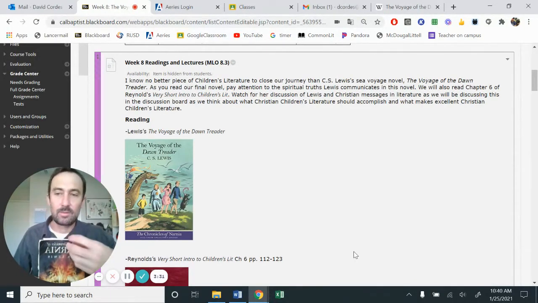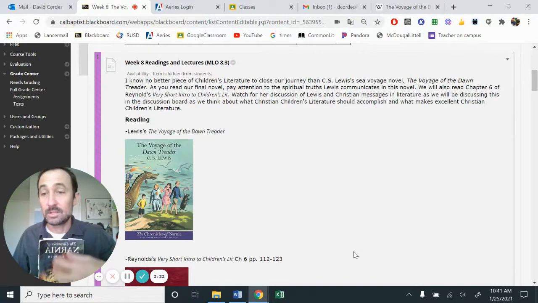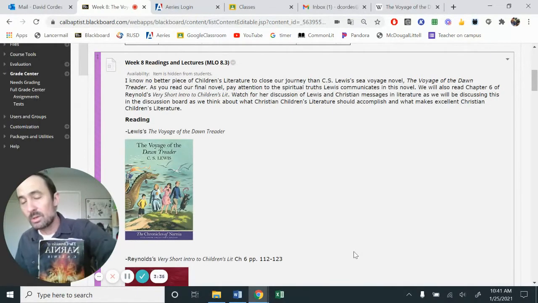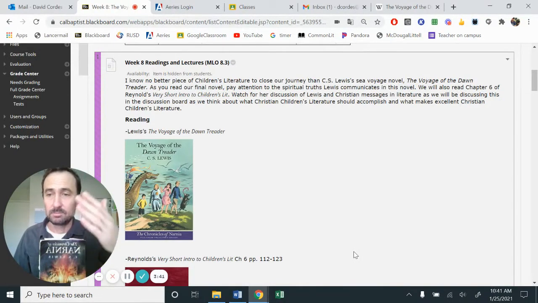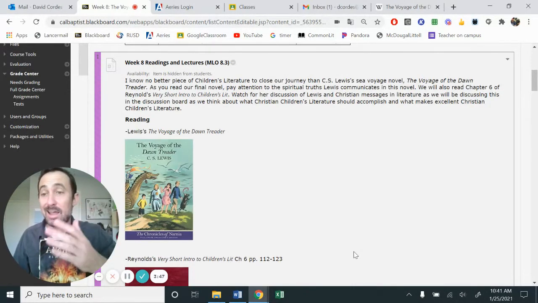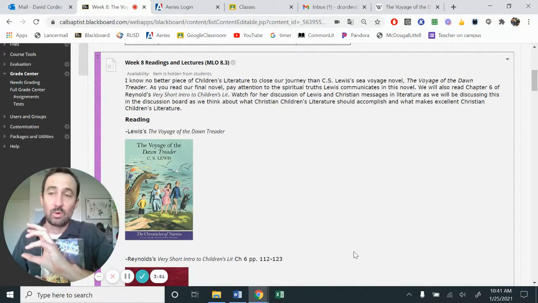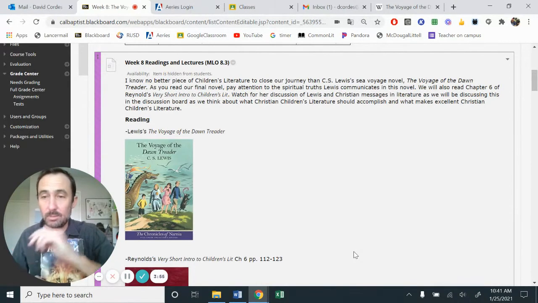We see that from the very beginning of his first story, The Lion, the Witch, and the Wardrobe, when that was published. If you were to look at all 7 of these books and put them in chronological order, you would begin to notice a set pattern of how that mirrors and represents items for Scripture and what is found in the Bible.